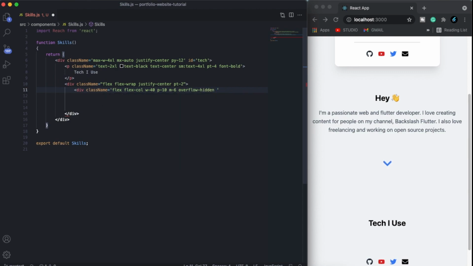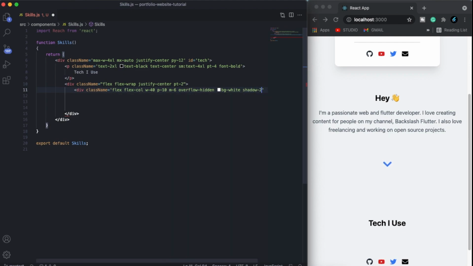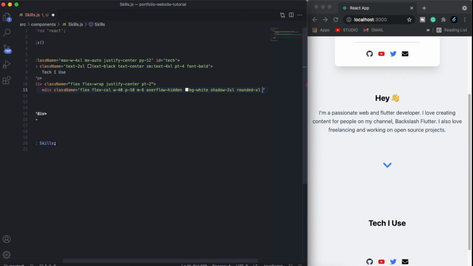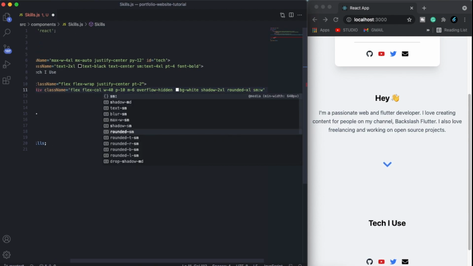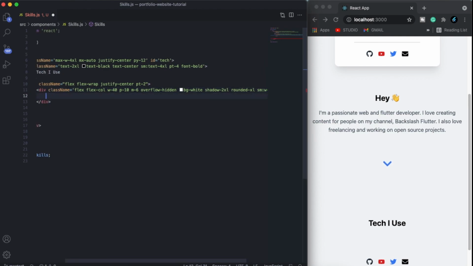Now a background white, shadow of let's say 2XL, then rounded XL, and in small screen we will have this to be 52. And here we have to provide our